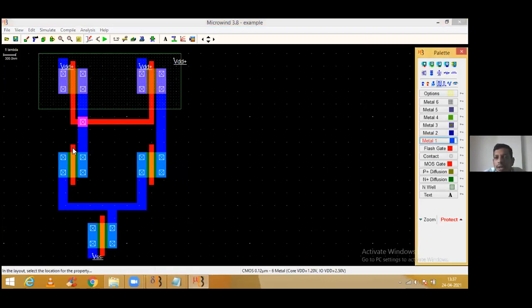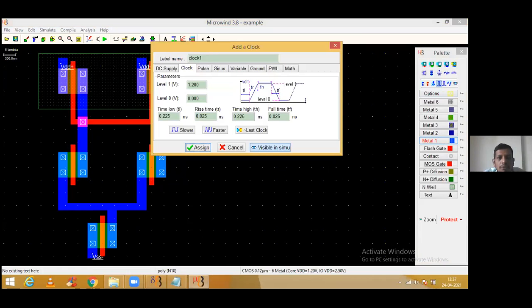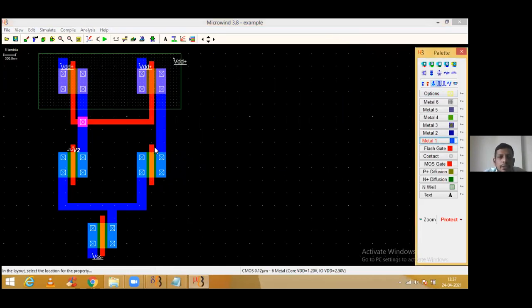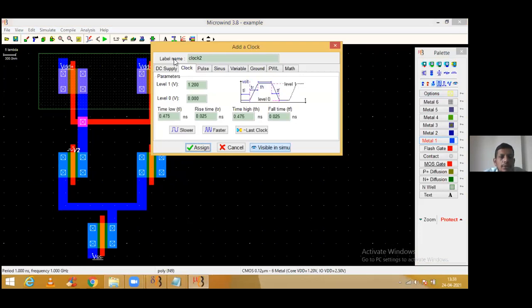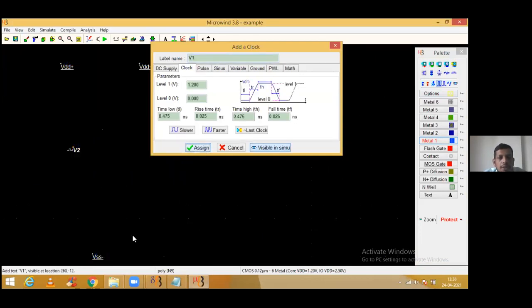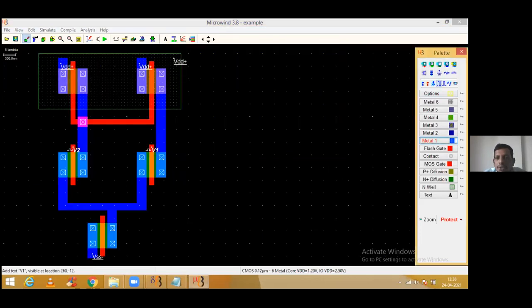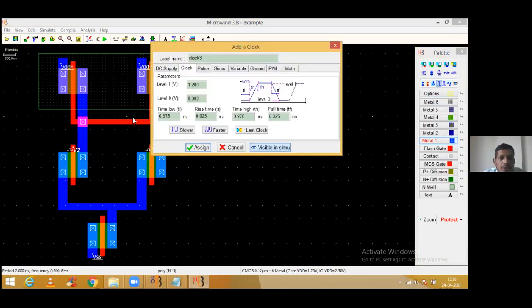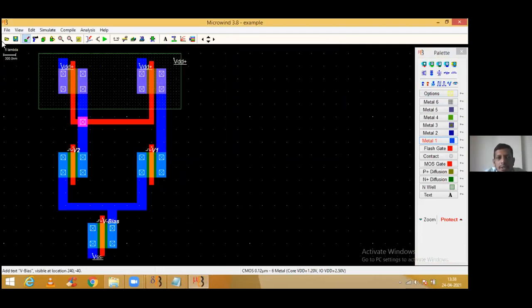Okay, clock, that is what V2, that I will call it as V2, and then another one I will call it as V1, and one more that I need to attach over here, guys. But what is it? It is nothing but a V bias. Am I right, everybody, please? And guys, V bias always should be a DC supply,